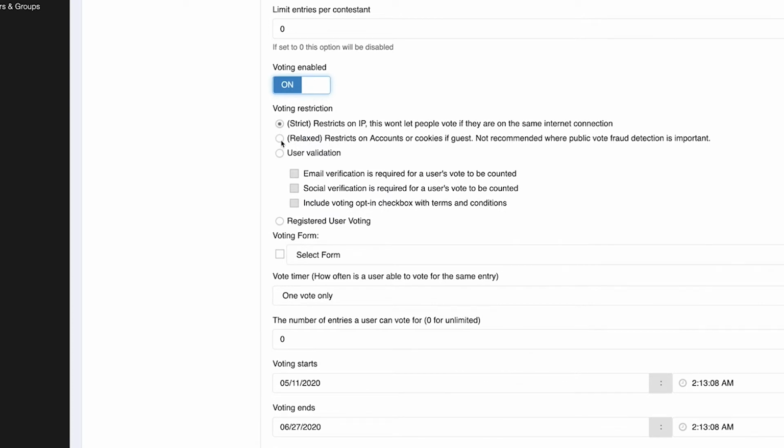The first thing you need to configure is how you want to identify your voters. The first two options use the IP address of the voter's device or session cookies. These options are great if you want voters to vote just by selecting the vote button. No other validation input is required. However, we would recommend against using the relaxed voting option unless protecting against vote fraud is not a high priority